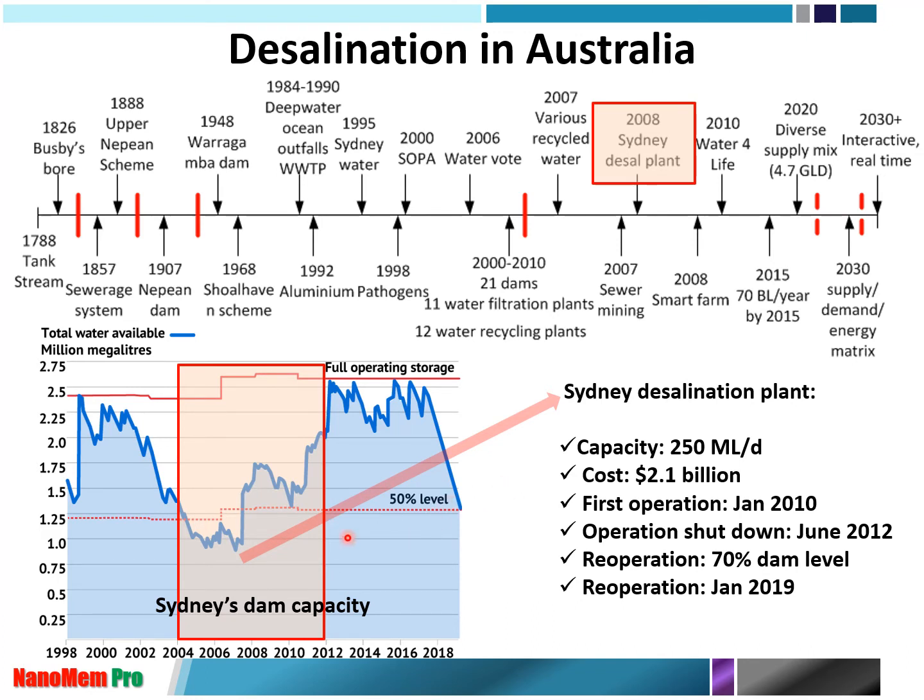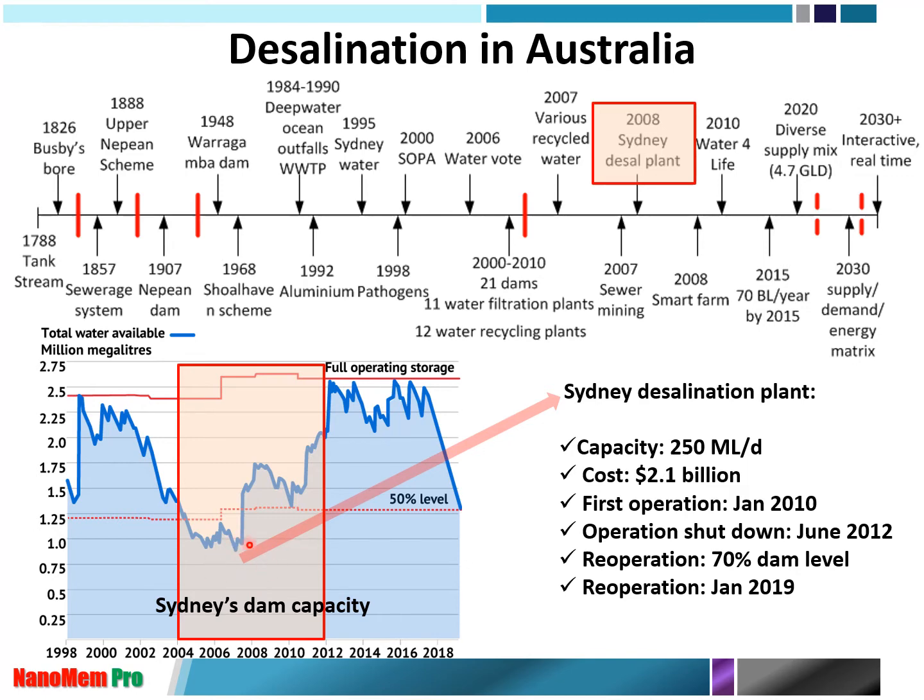They realized, okay, if we have one more drought season, we would have a very severe water shortage problem. That's the reason why they started to build the Sydney desalination plant in 2008. This is almost 250 million liters per day, almost $2.5 billion. It started to operate in January 2010, and